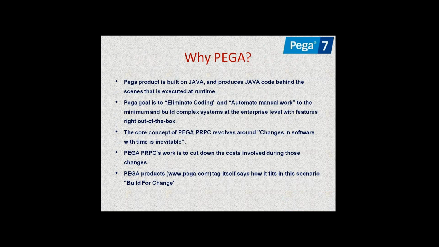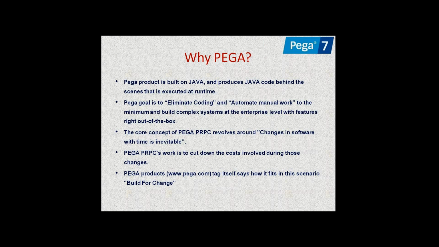And why should we go with Pega? Okay, already we have some traditional programming languages, but what is the advantage of moving to Pega, and why are the companies switching to this Pega programming tool? Okay, so actually it is a product of Java. This total Pega is designed using Java, and also in the backend it will produce the Java code. Okay, nothing to do with this backend code, guys. It will automatically generate the code. You can see. Okay, no need to modify that or change anything. Okay, it is a Java based application, right? In the backend it will generate the Java code.